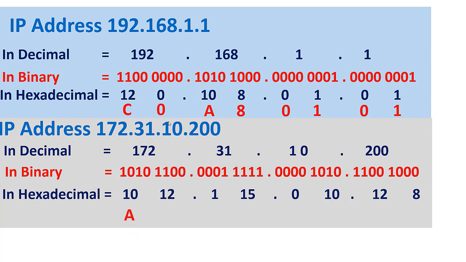And now the 10 in hex is an A, and the 12 is a C, 1 is a 1, the 15 takes an F in hexadecimal, the 0 is a 0, and the 10 is an A, and 12 is a C, and 8 is